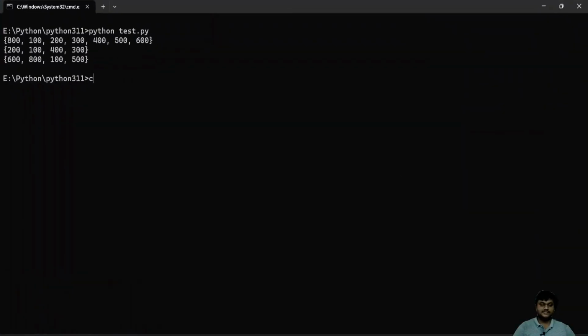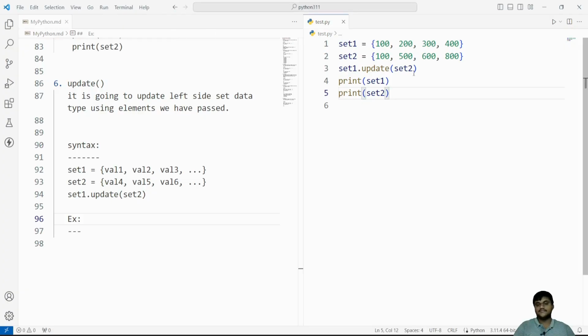See, execute python test.py. Set1 is going to be updated with the combined elements. Whatever elements are present in set2 are updated in set1. If you want set2